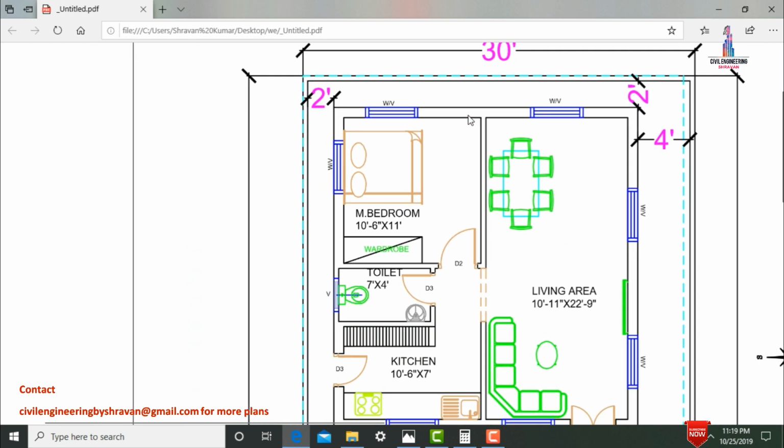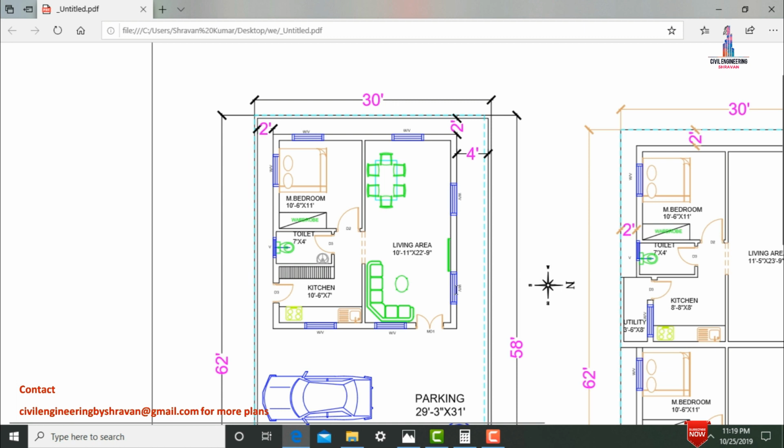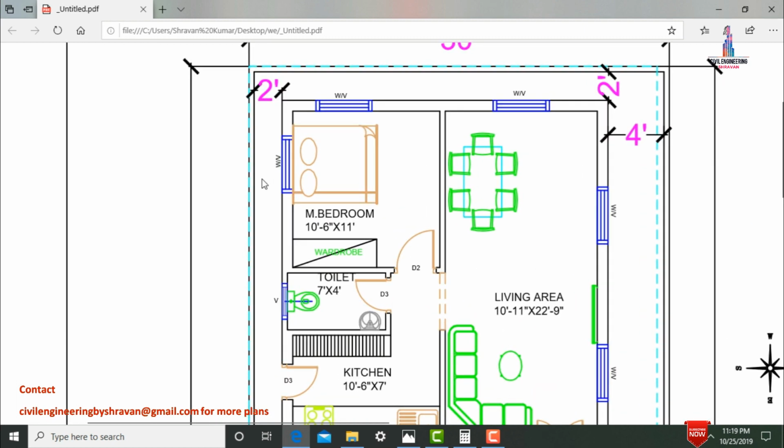In east facing direction it will have two windows here. In north facing direction it will have two windows, and in west facing direction also two windows, and in south facing direction it will have one window as well as one ventilation provided for this house.